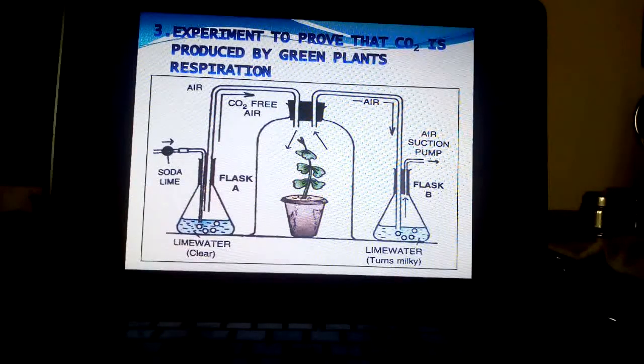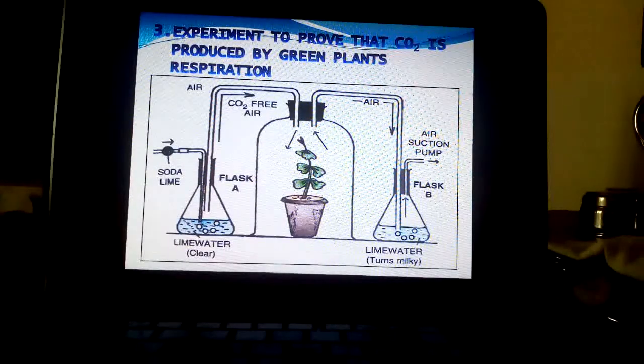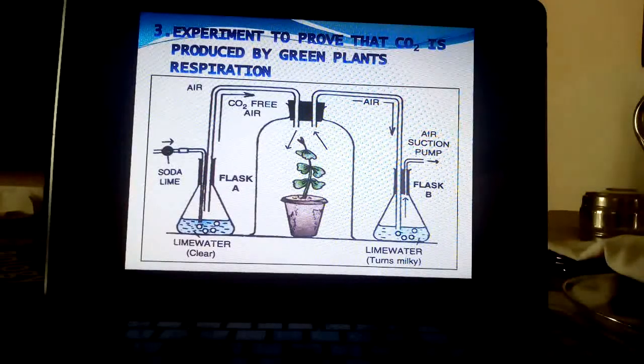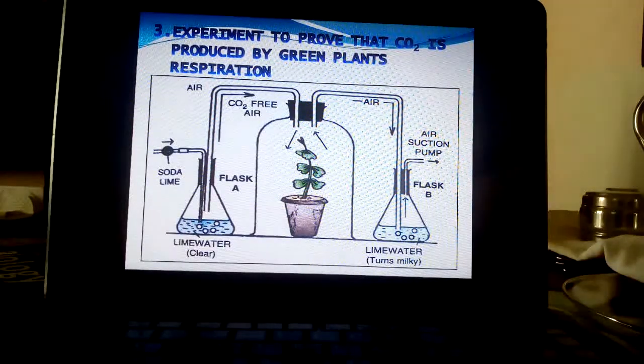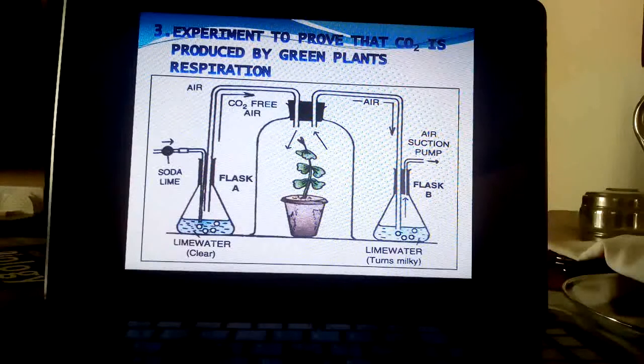In all the experiments, children, in the previous experiment also, there is a suction pump. Why is the suction pump used? That is one reason also. You also have a doubt: why, ma'am, suction pump? Air will move freely, it can go in any direction, no, children. But to channelize it, to suck it in one direction only. So if you keep a suction pipe at the other end, then the air will be sucked in a proper way. So from flask A to B, B to C, C to D, it will come.